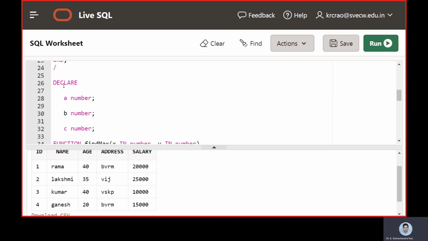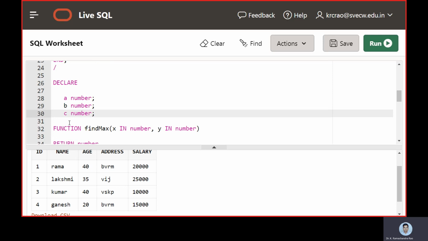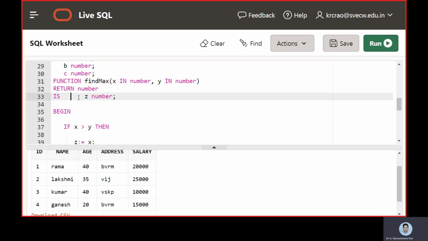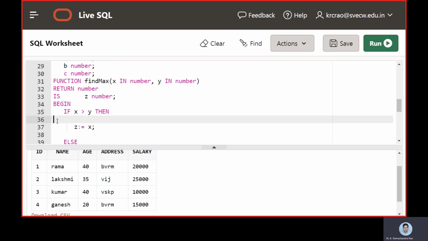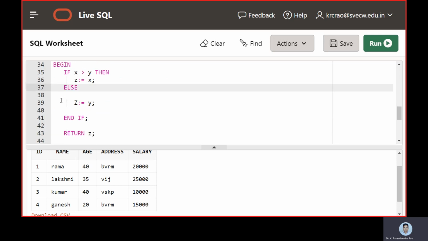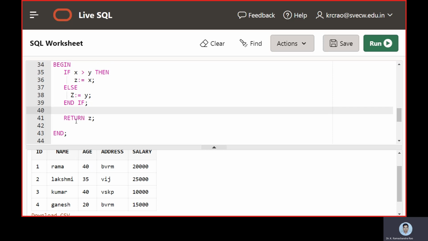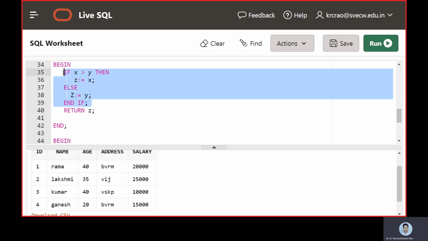So now you can see that we have a declare part, and we have three variables, a followed by b and c. Then we have the function body, and the return type it is z, and then we are using the if loop with if else, and it is ending up with end if.